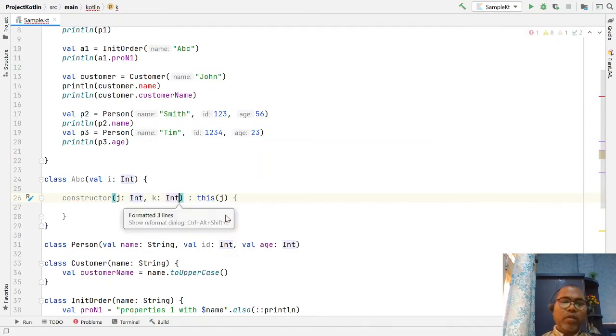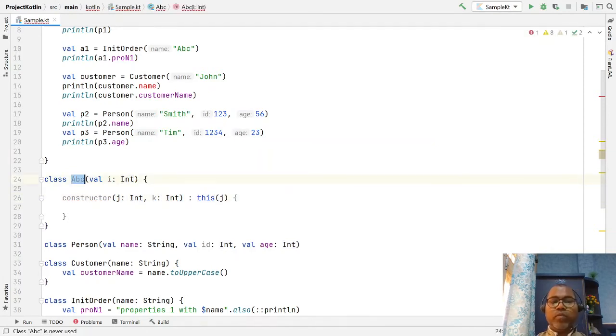Why is this showing an error? You already have one primary constructor with one argument, so you cannot define another one-argument constructor with the same type. You have to define different data types. Here you are overloading.